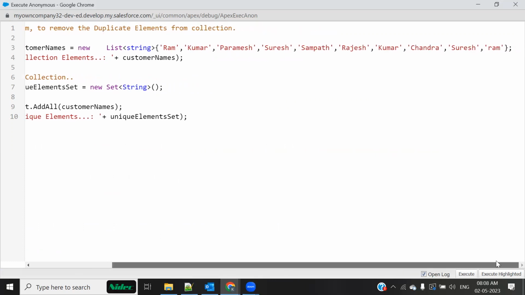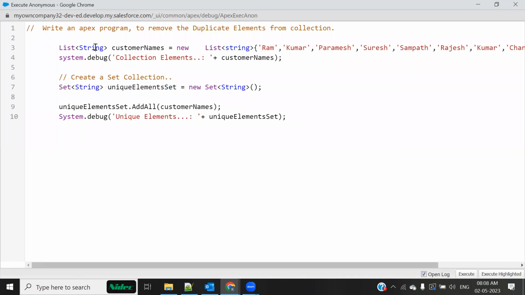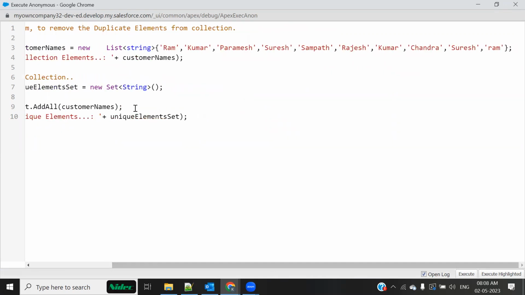It's a simple list of string: Ram, and then Kumar, Pramesh, Suresh, Sampath, Rajesh, and then once again Kumar, Chandra, and